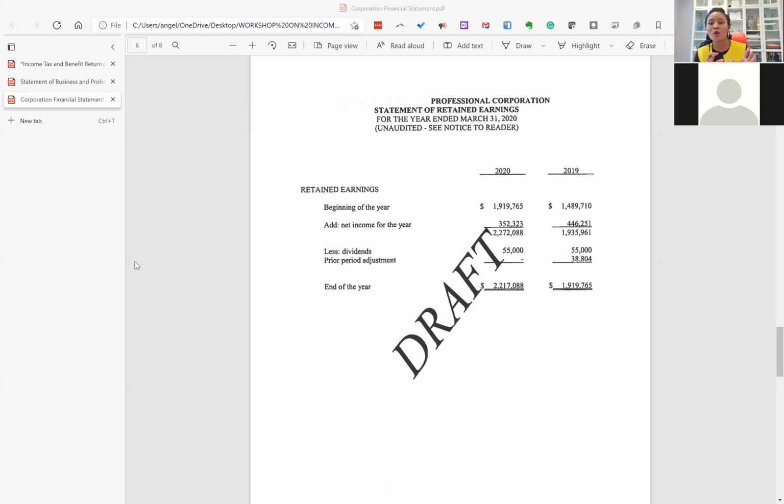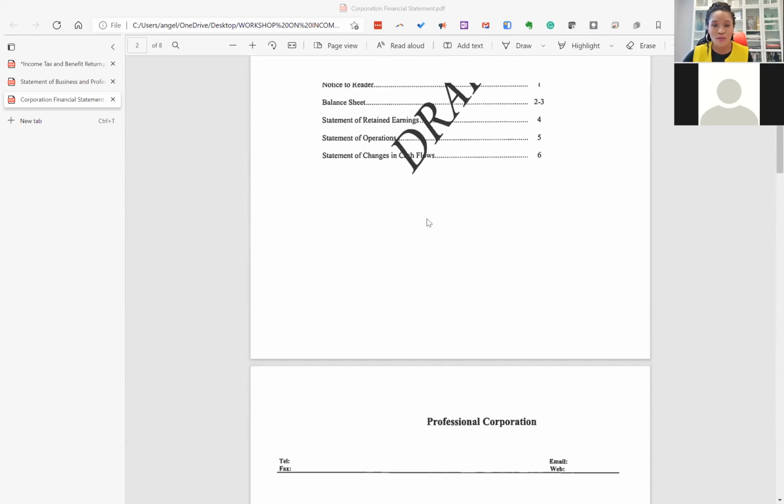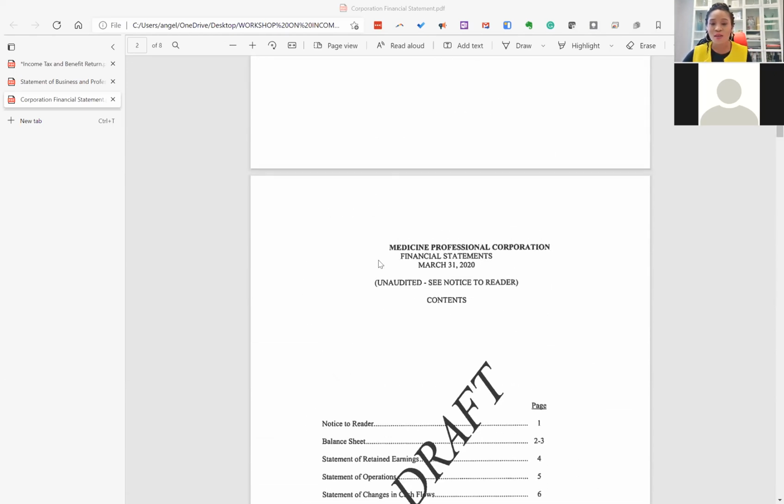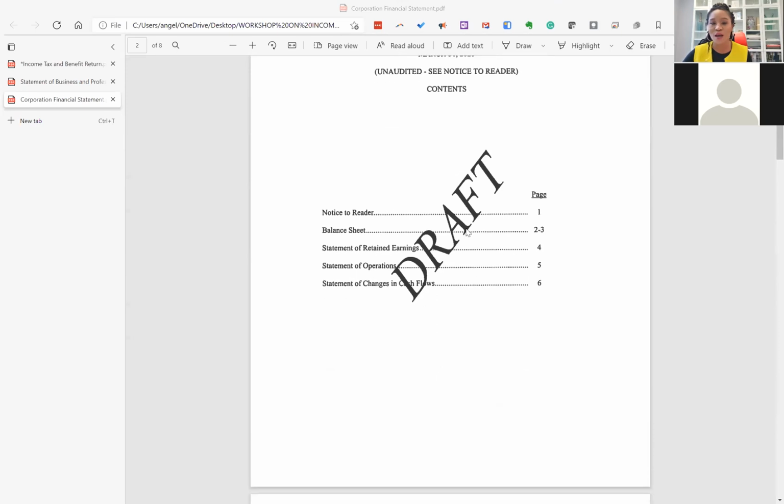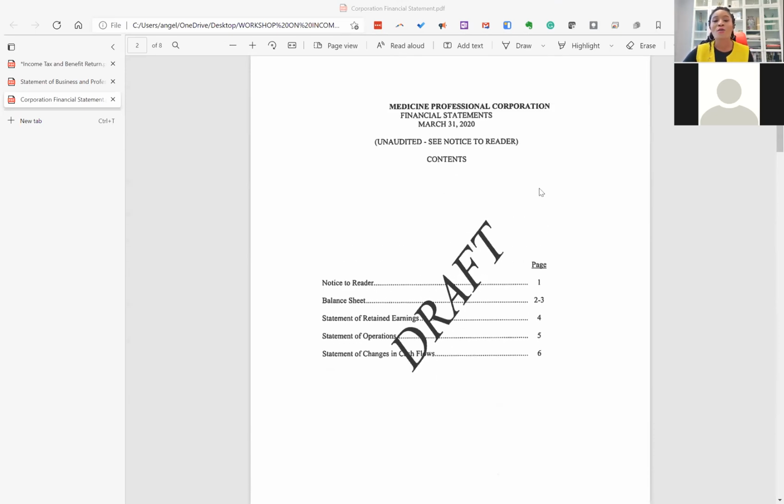So in this scenario, I'm going to be dealing with an owner, someone that owns about 100% of the shares, or someone that's a majority shareholder and has control over how the corporation runs. So now looking at this, you notice this is a draft and it says notice to reader. A lot of financial statements that you receive from smaller corporations would be notice to reader financial statements,